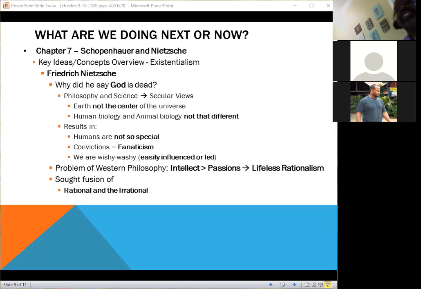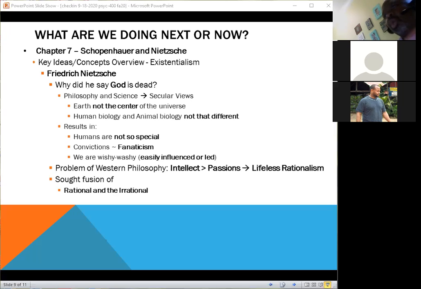So one of the key things that Nietzsche had a problem with in Western philosophy was this: all of a sudden, and we saw this in the Enlightenment period as well, intellect was seen as more important than passions and emotions and things of that nature. Now, going all the way back to the start of the Romanticism period, Rousseau basically said feelings over rationality. That's the totally opposite of the ideas of Enlightenment. But we see Nietzsche agreeing with this, that the intellect